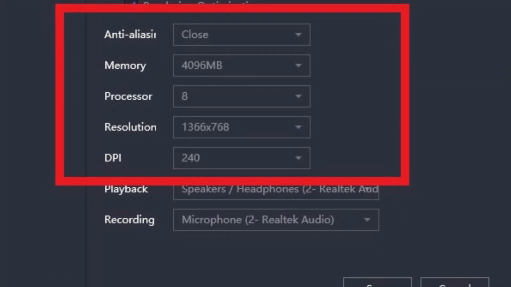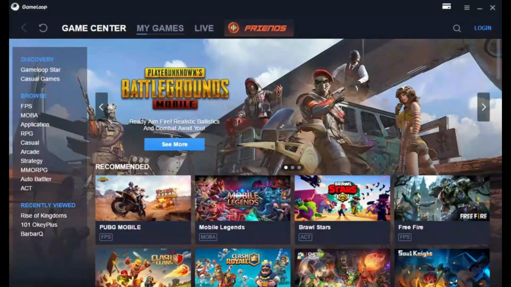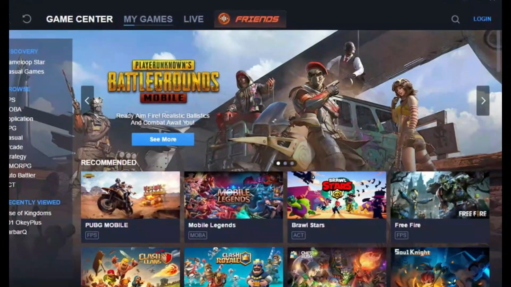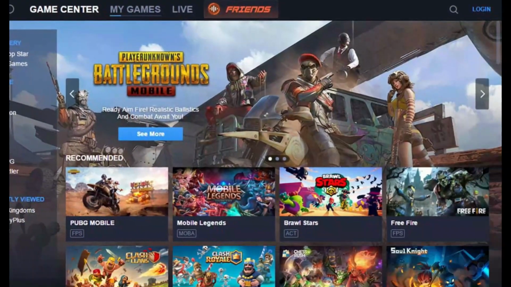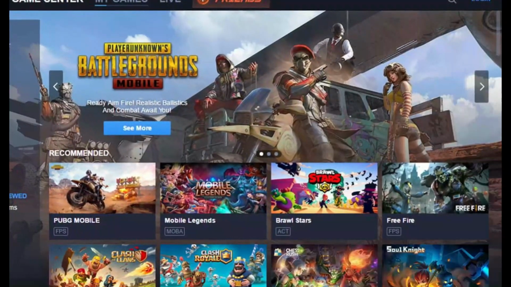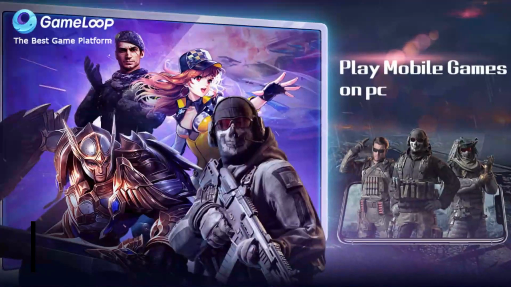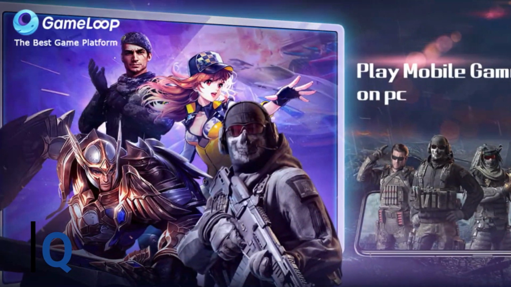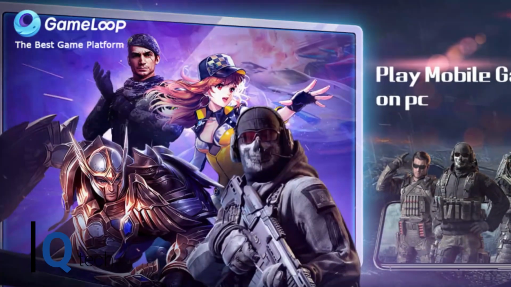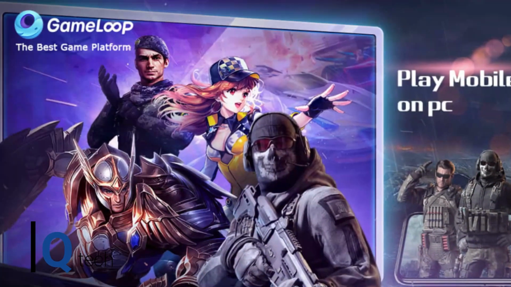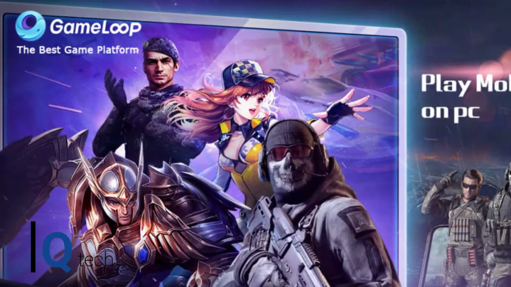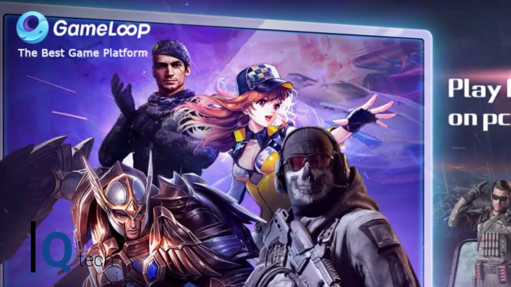The app has a game center where you can download multiple games without the need of mapping settings, since Tencent already assigns them. The tool has a new network acceleration feature that enables you to optimize your network connection. It's straightforward to install games with Tencent Game Loop. It supports multiple languages from all over the world that promotes a universal gaming experience. You can adjust software configuration for better optimization.